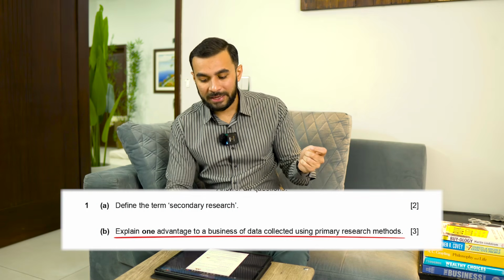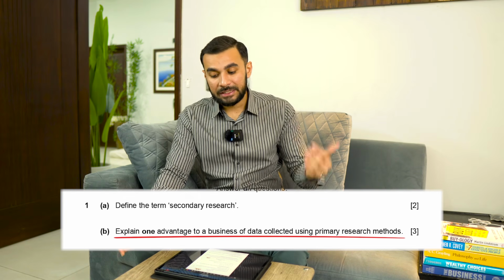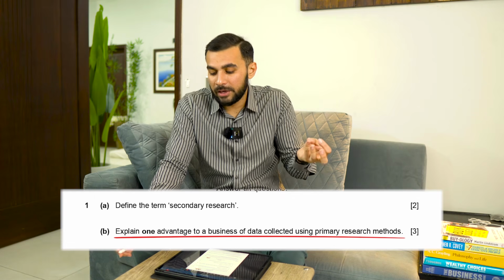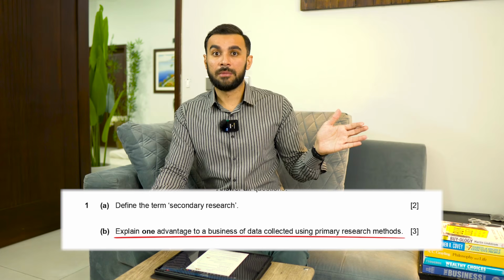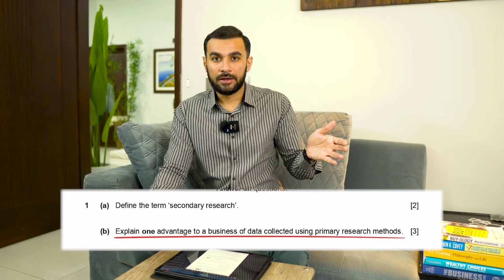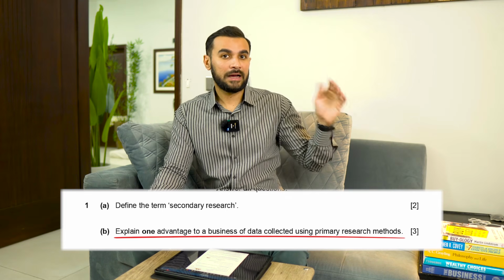and you don't need to write any introduction paragraph. Whatever point you think of, you first have to state your point. Always, whenever you write a proper 3 marker, you first state your point, and then you explain that particular point. Let's say I'm answering this one, explain one advantage to a business of data collected using primary research methods. So I have to think of any one advantage. Let's say the data is the latest data according to whatever the market trends are. If I'm writing that the data will be up to date according to market trends, I state it,